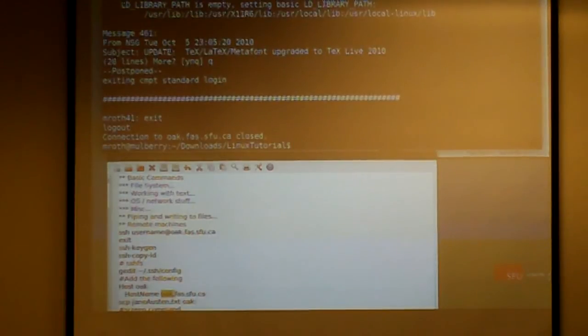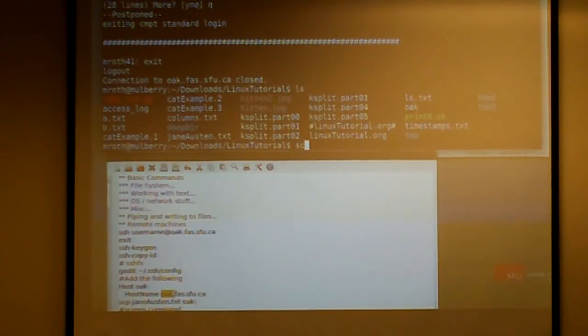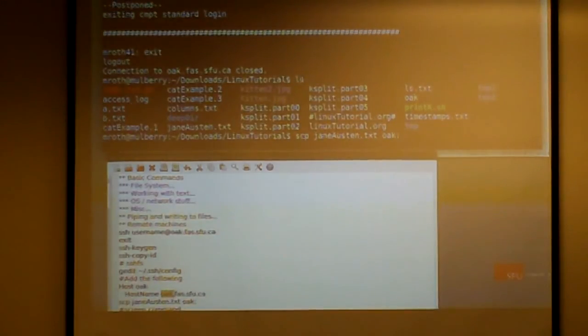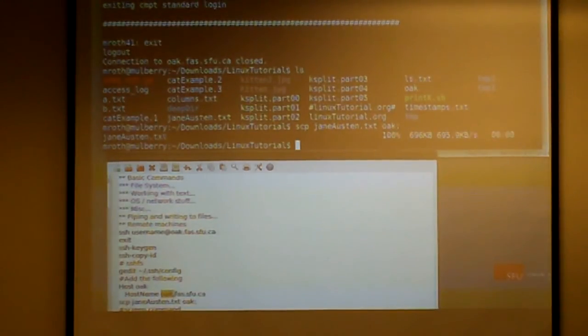To copy a file, there's scp, so secure copy. So the way it works is you give it the source. Let's say I'm going to copy that Jane Austen txt, and I'm going to copy it to my oak machine. And I just do oak, colon, and I copy it over there. So when I SSH to oak again,